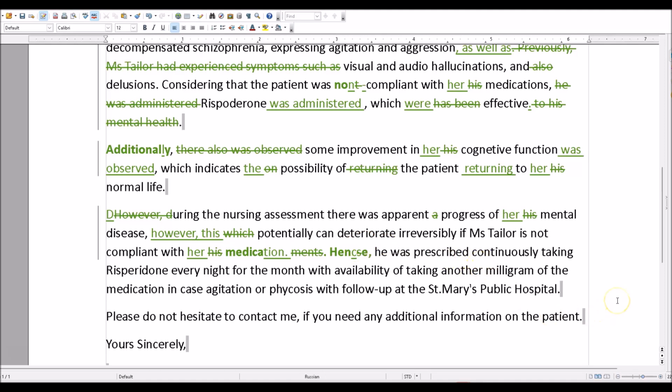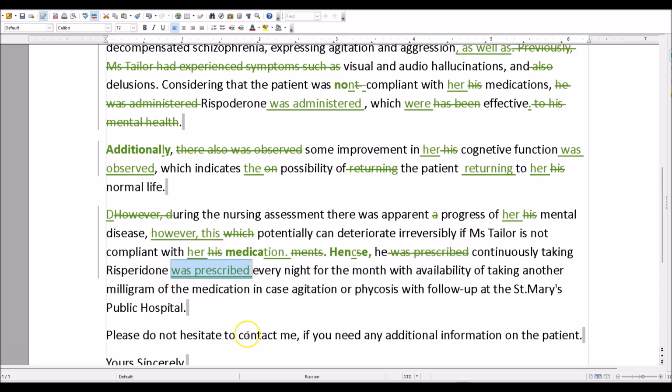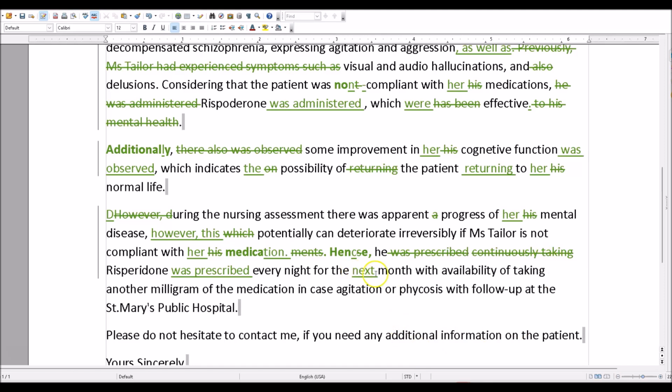Right. He was prescribed. So this use of passive. Hence, risperidone was prescribed every night for the next month, with the possibility